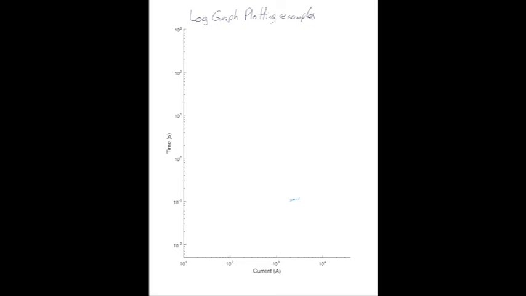So what if we get, let's do 2,500 for 7 seconds. So we're going to go 7 seconds. So we're between 1 and 10. So that's 1, 2, 3, 4, 5, 6, 7. So we're going to be following 2, 3, 4, 5, 6, 7. So we're going to be following that line right there. And 2,500 amps.